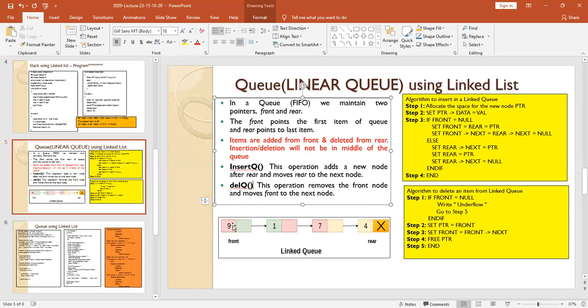So it is item number 9. Okay, so number 9 will be deleted and the front will point to the next node. So the front will point to this node, which is containing an element 1. Understood. So how you are going to implement the linked list, that we shall see in the following